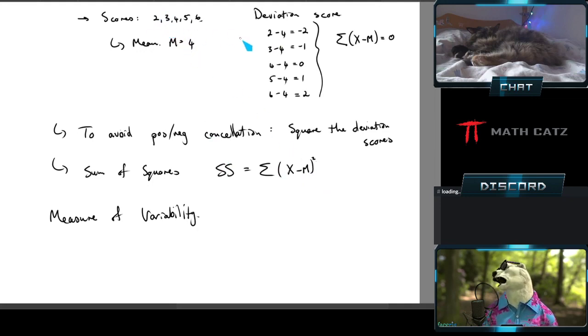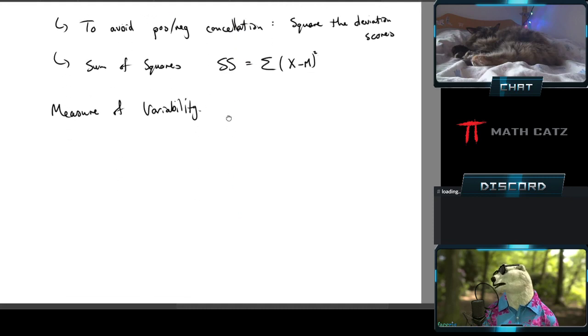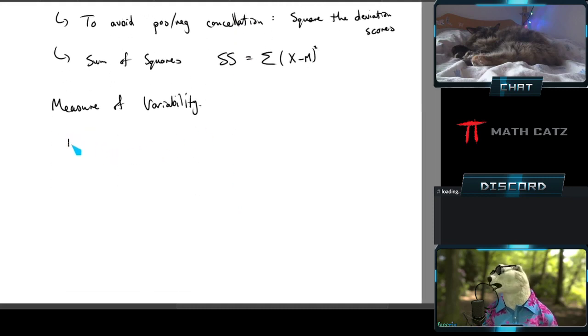The fact that there are more of them, the spread could be very similar. So I kind of have to average this out a little bit so that it's relative to the number of scores. More scores, with the same kind of distribution, same kind of spread, shouldn't have a significantly bigger measure result. So the first one, which is called the variance, is simply going to be